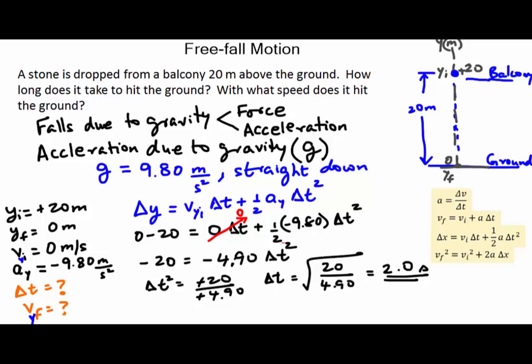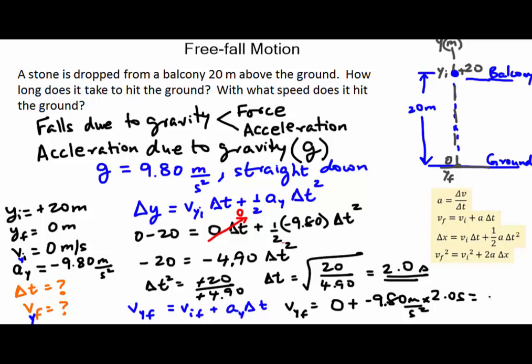So the last thing I want to solve is VYF, and now that I have delta T, I can simply use the second equation over here and set up VYF equals VYI plus AY times delta T. So now substituting the values, I will get VYF equals, once again, 0 for VYI plus A, which is minus 9.80 meters per second squared, times delta T, which now is 2 seconds,